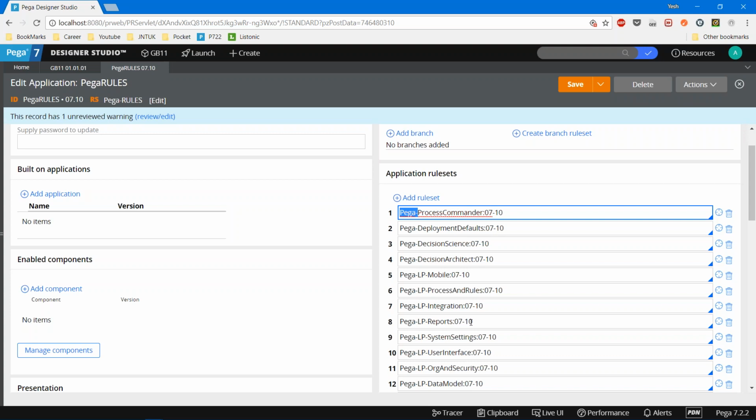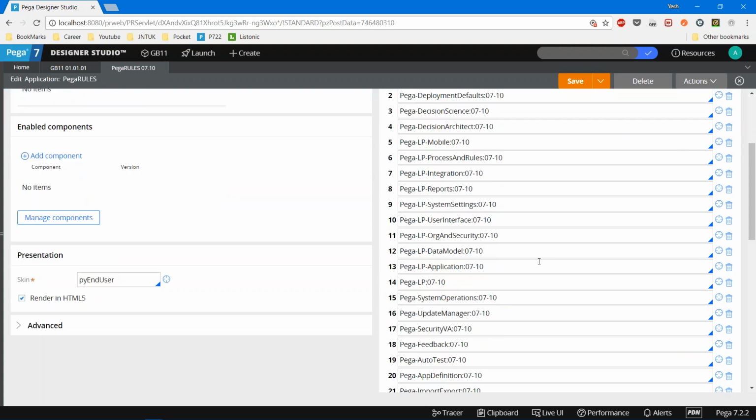All the rule sets which start with the name Pega dash are the rule sets where the developers of Pegasystems create the supporting functionality for the applications or the view that we are seeing. All these Pega dash rule sets are accessible only to the developers of Pegasystems. Any other company's employees should not modify them. If there is a need, you have to reach out to Pegasystems, then they will look at the requirement and guide you accordingly, or they will do the modification. You are not supposed to modify it.